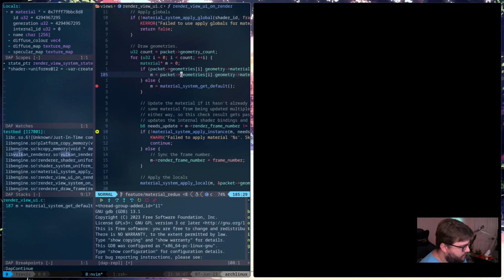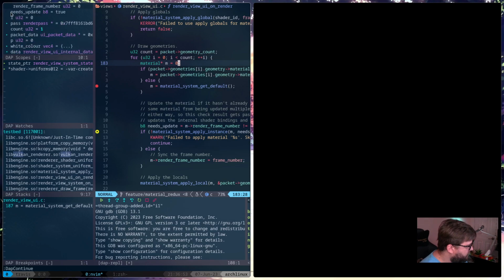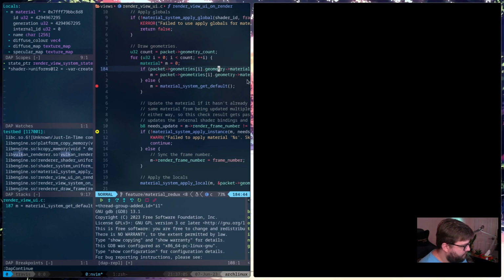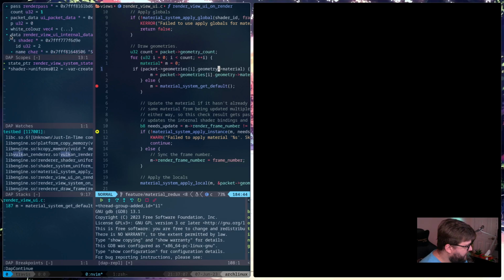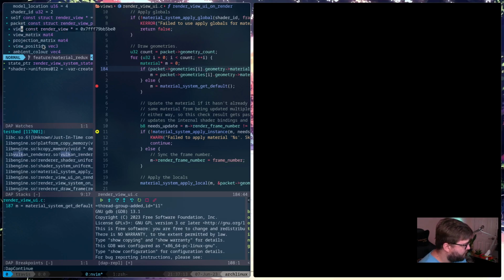So packet geometries, what is I? Okay, so we're in the first geometry. So let's have a look at packet geometries.